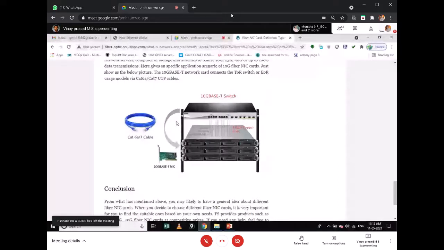That itself is another course, what we call a SAN, storage area network. A storage area network is a dedicated network built between a storage device and a server. Because whatever you store from an application will not be stored locally. Instead, it will be stored on a storage array.